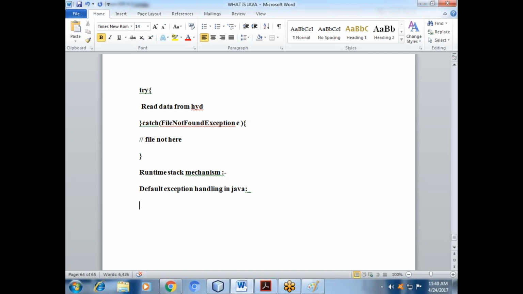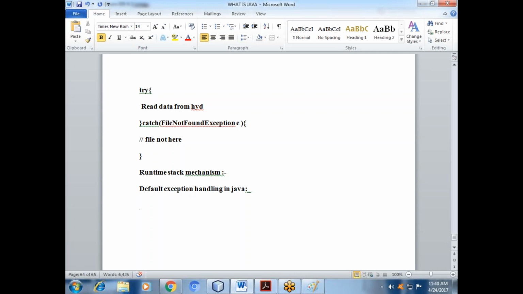In our program, if an exception arises anywhere, the method in which it arises is responsible for creating an exception object, including the following: name of the exception, description, and location, that is, the stack trace. This is the way to get the default exception.